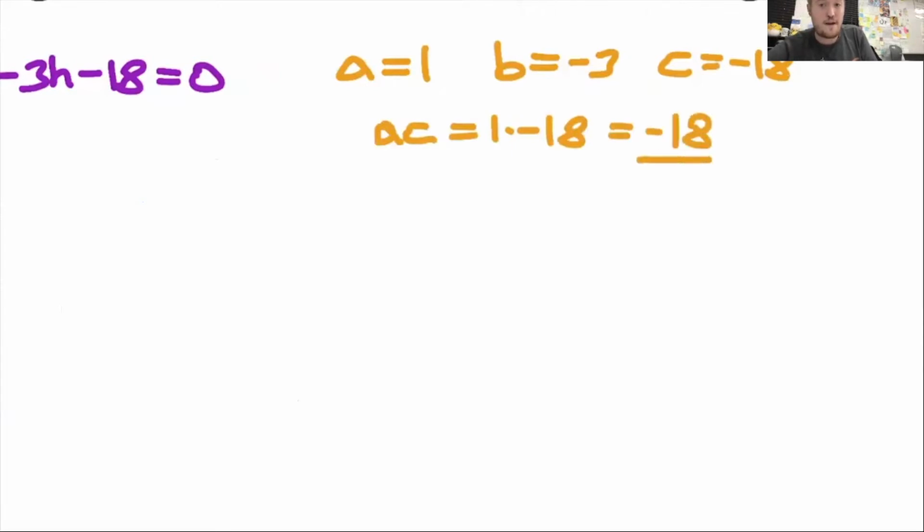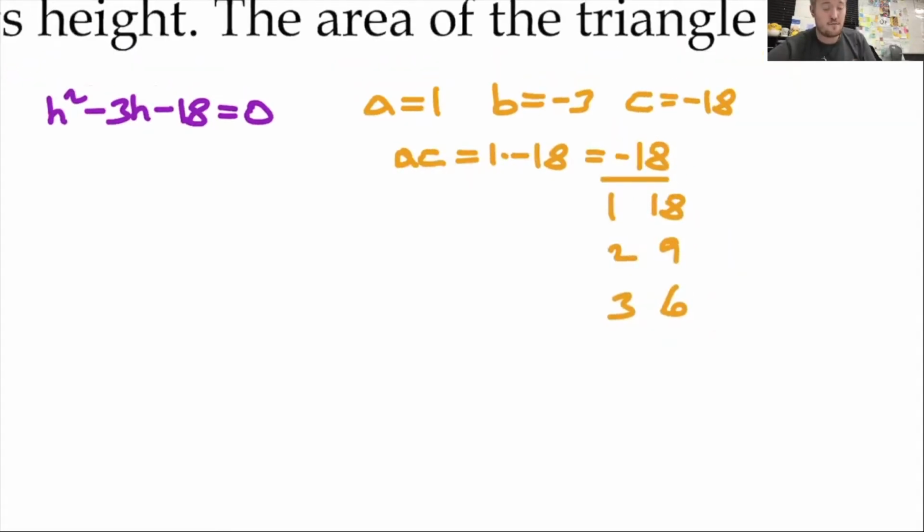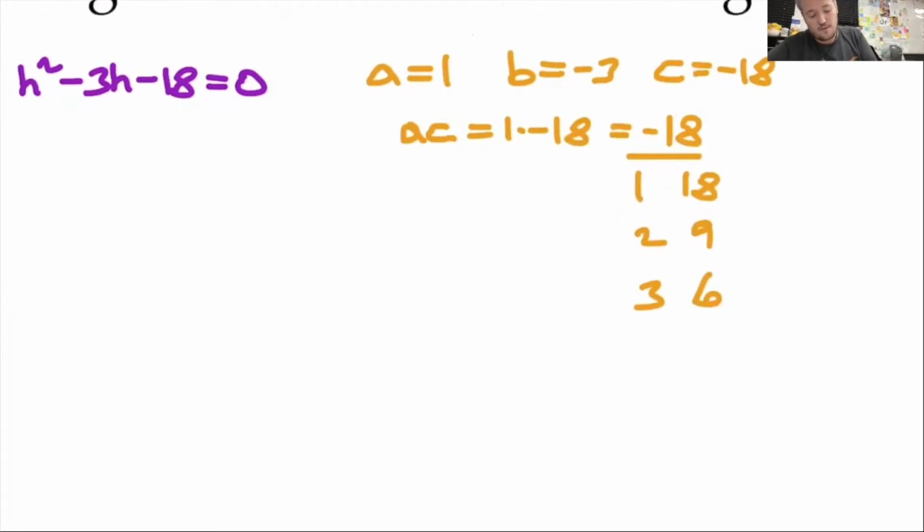So I need to find factors of -18. So I have 1 and 18, 2 and 9, 3 and 6. So I need these to add up to a -3 somehow. So remember, they multiply to a negative, and the B value is negative, which means your bigger value is going to be a negative. So in order to get them to add up to a